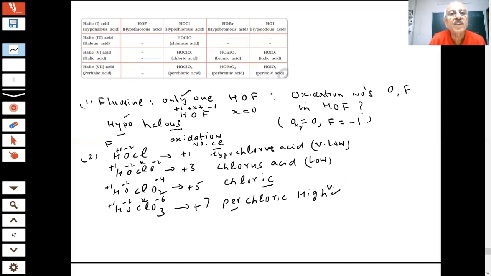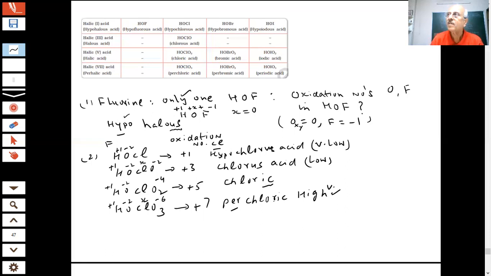The other way of naming them is as halic, but you have to mention the oxidation state. You see the oxidation state? Halic, then you have to mention 7, 5, 3. This is a way to name them, but you have to mention the oxidation states, which we have calculated here. See the plus 7? Halic(7) acid. If I say halic(7) acid, then we know what the formula is. If 5, this is the oxidation state of the halogen, which is chloric, bromic, iodic. When the oxidation state is plus 3, that is halous. And when the oxidation state is plus 1, you see the bracket 1, that is hypohalous. Any doubt here? We got it?